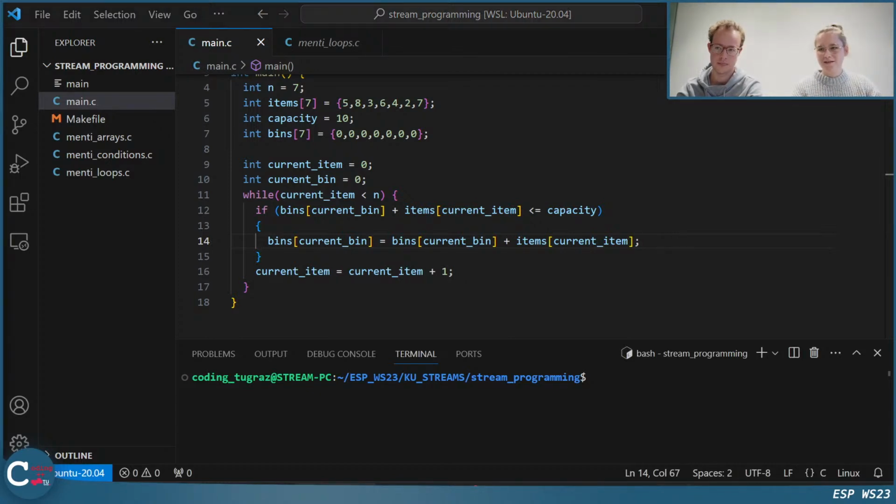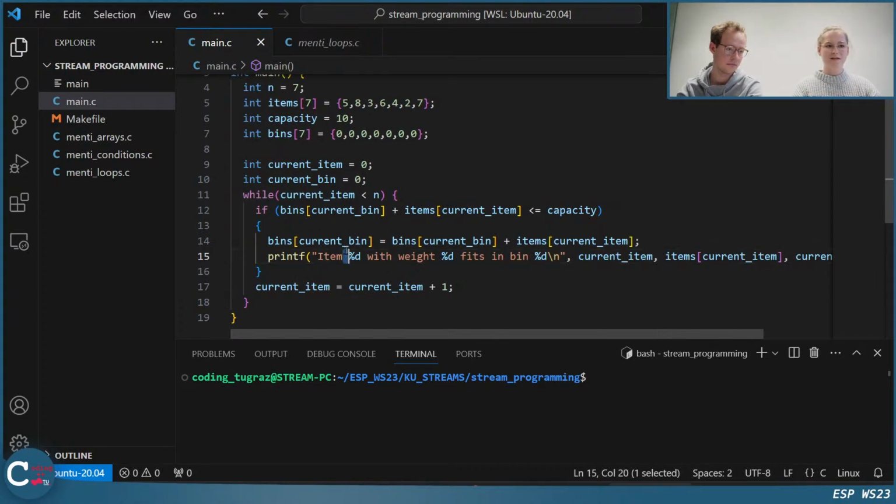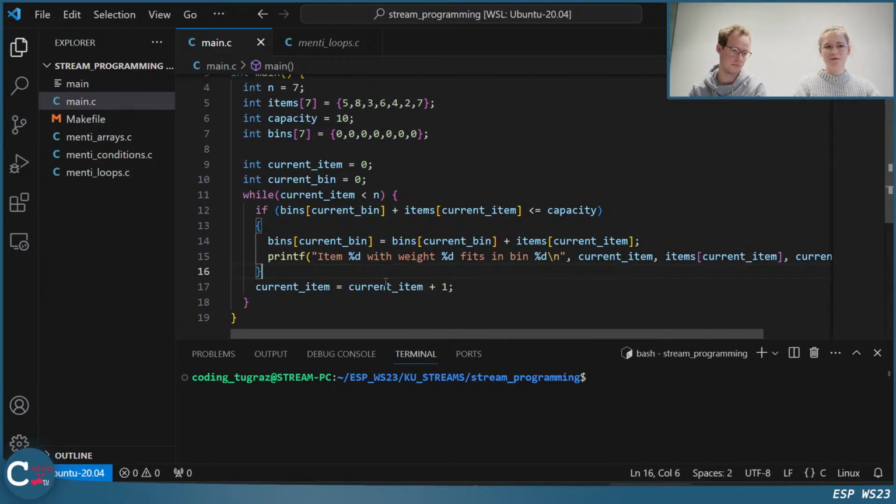Now I'll be a bit lazy and we'll also output something, but I will just copy that. Okay, here I'll just output the item with this index, with current item, with the weight. So we do items current item, fits in bin, and then we print the index of the bin. So we see what's going on.